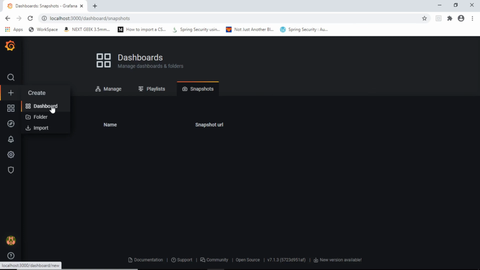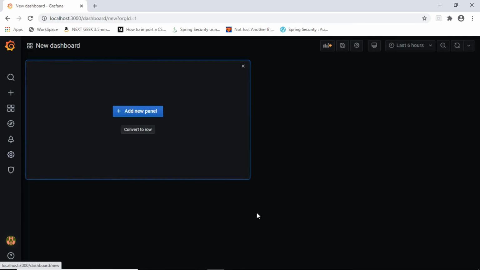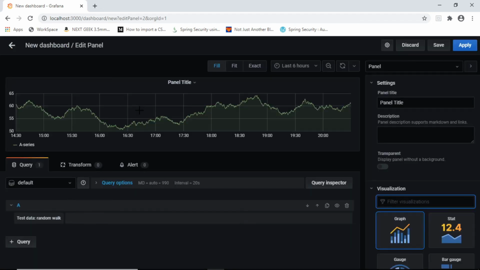Just to give you a quick scenario, I'm going to click on this dashboard and generate one dashboard here. Now you can see that there is nothing available inside this dashboard. I need to click on add new panel, and this will take you to something called a panel title, or a panel. But right now you would see that there is no data source connected. There is no table which is monitored and all that.